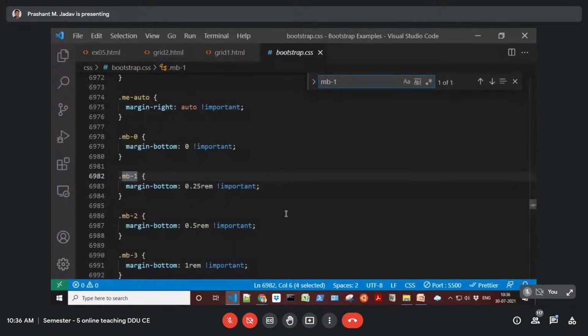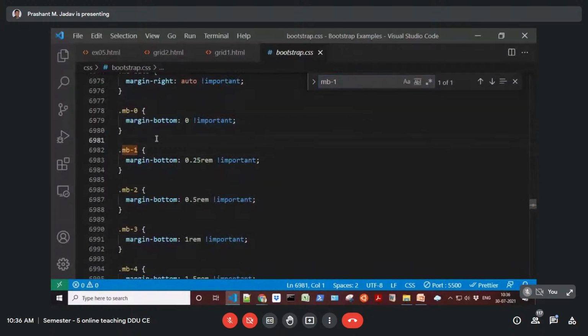You can see these are the different margins. You can use these classes, mb-0, which sets the margin bottom to 0.